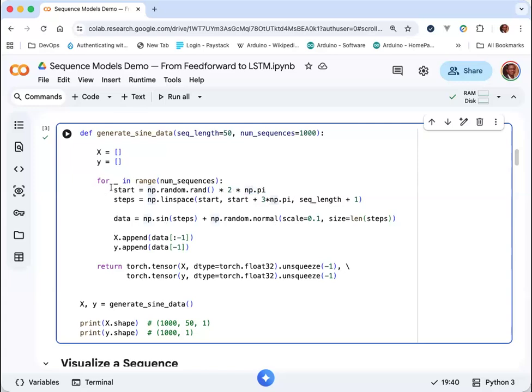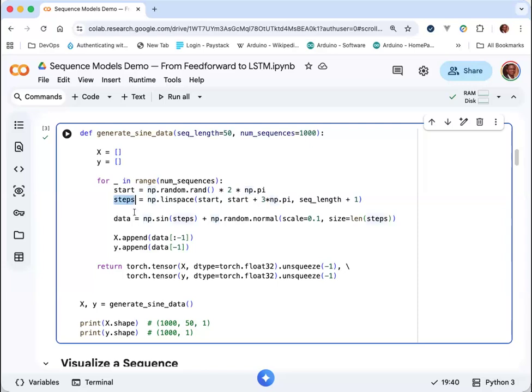But here you can see that we decided to make the starting point a bit random. So we're not starting exactly at 0. We're starting at a random point between 0 and 2 pi. So we're actually starting at a random point between 0 and 360 degrees on that range. Okay. And then the number of steps,